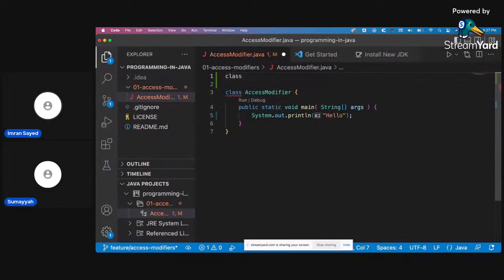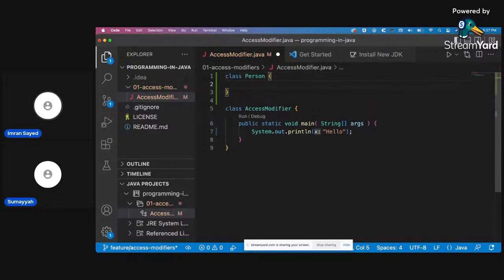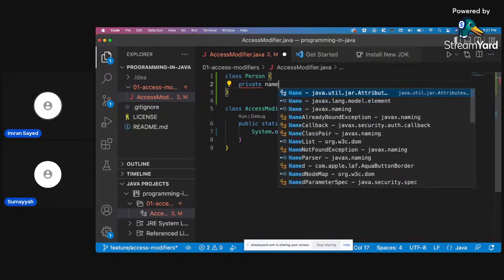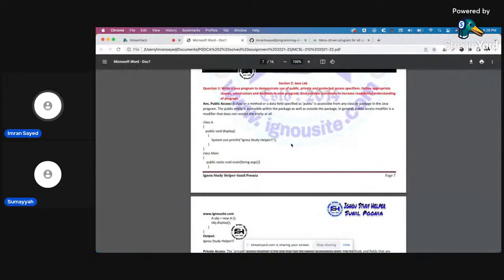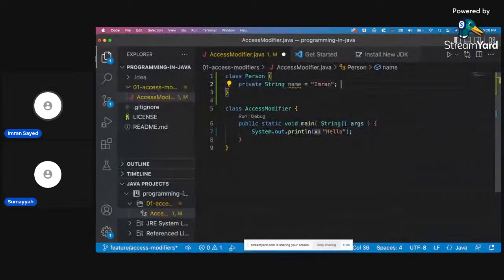So class, let's say Person, and then I'm going to declare something private. name equals, okay, I have to put the data type also. I think it's String, and then double quotes. Complaining. What's the issue with this now? It's not used. Okay, that's fine. So this is a demonstration of the private access specifier.